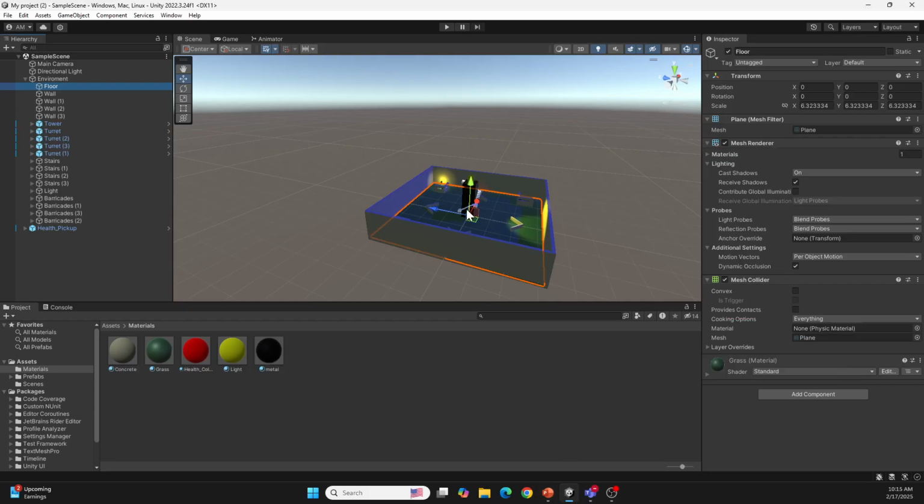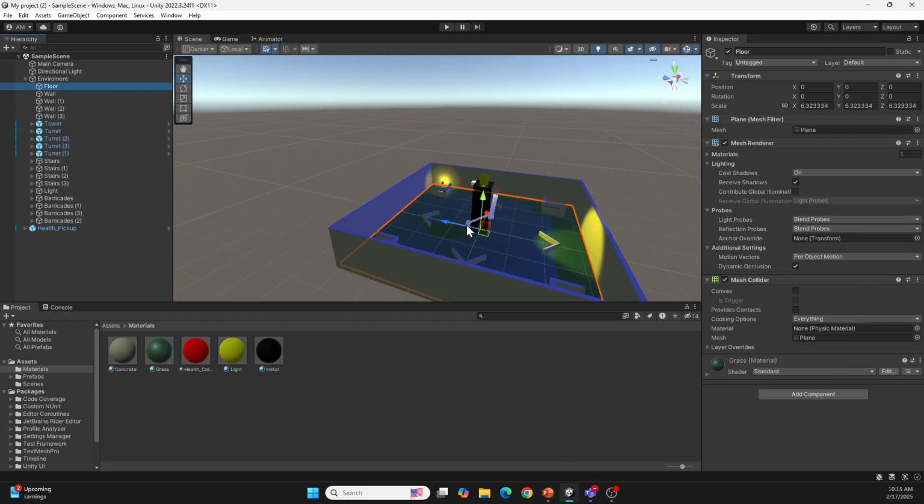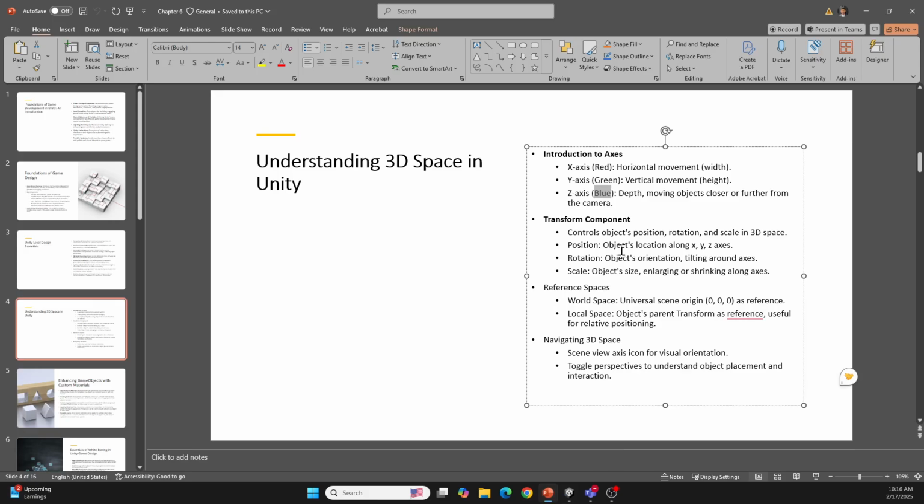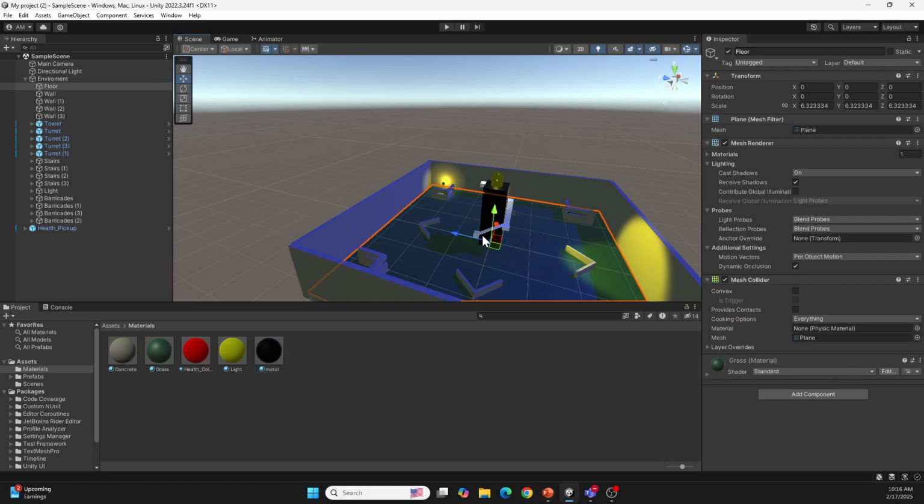Let me open and show it here. So yeah, if you can see green, blue, that's red. Yeah. So those are your axes. And when you select an object in Unity, as I showed here, its transform component displays these axes as colored arrows, enabling you to easily visualize and adjust an object's position, rotation, and